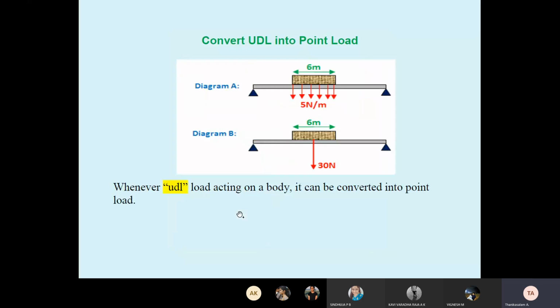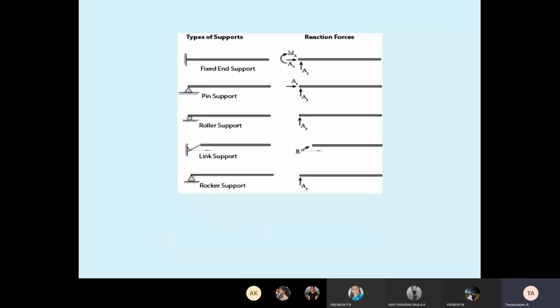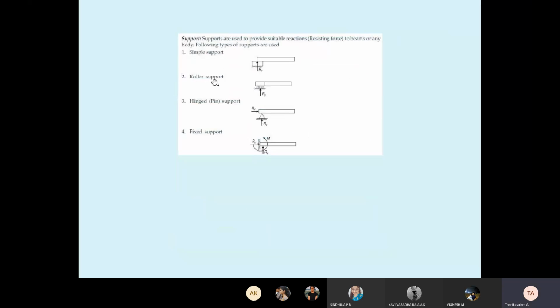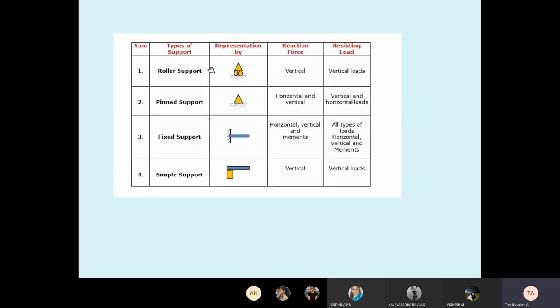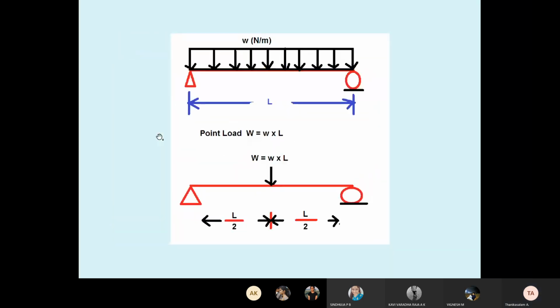So what we discussed just now, we started about supports. What are the different supports? Simple support, roller support, hinged support, fixed support. These are the main. Simple support gives only one vertical reaction. Roller support also gives only one vertical reaction. I will ask everyone the support name, and what type of reaction is acting. You have to identify. That's why the picture is clearly given here. See here, the picture. How do you identify roller support? This is also roller. The only one roller is also roller.